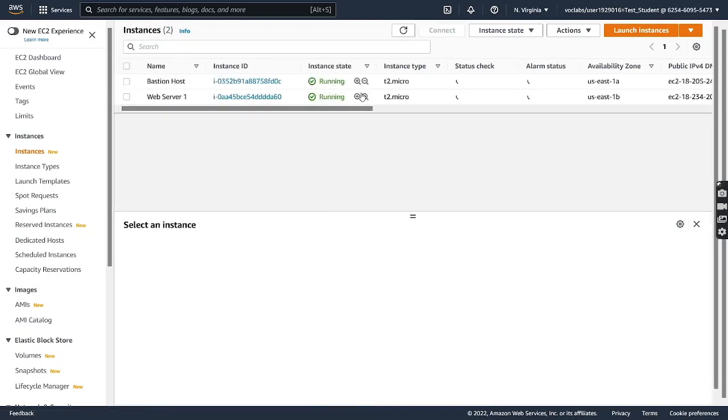So now you can see the instance state is running. So our instance is up, and now we'll select the instance,